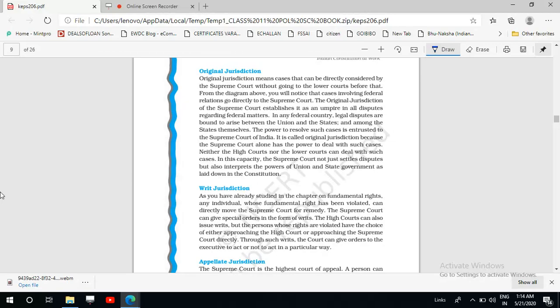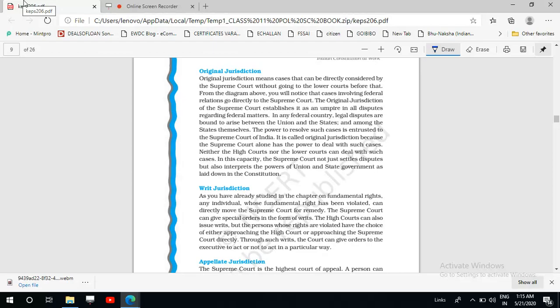It interprets the constitution regarding the division of power between the center and the state. So it is not just a settlement of the dispute, it is also the interpretation of the constitution,